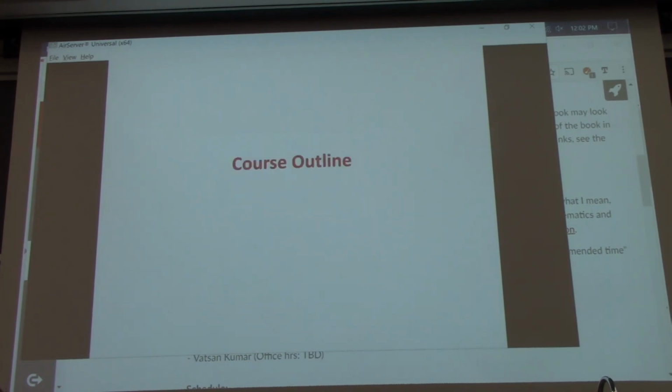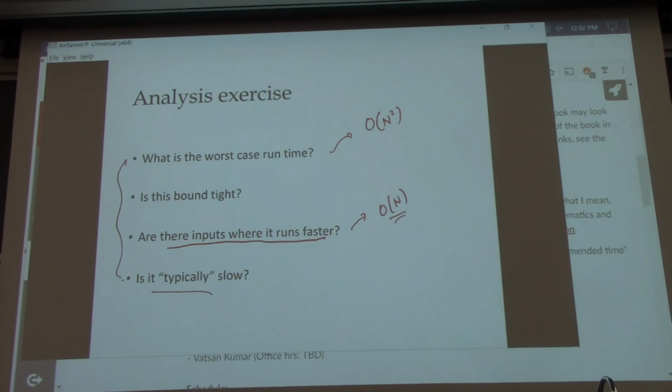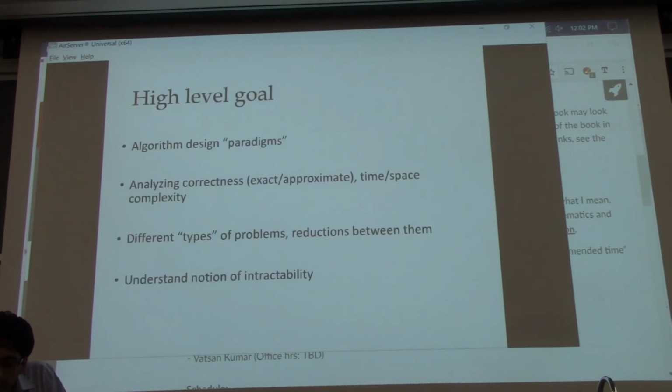Right. So, actually, any questions on this? Because it's an interesting point, and then we'll go to the course outline. Yeah. So before I actually show you the outline,